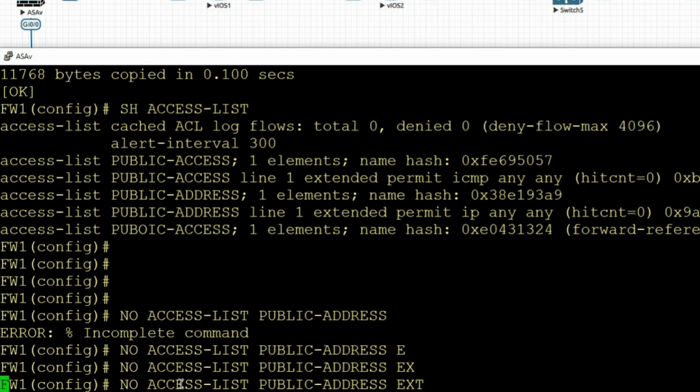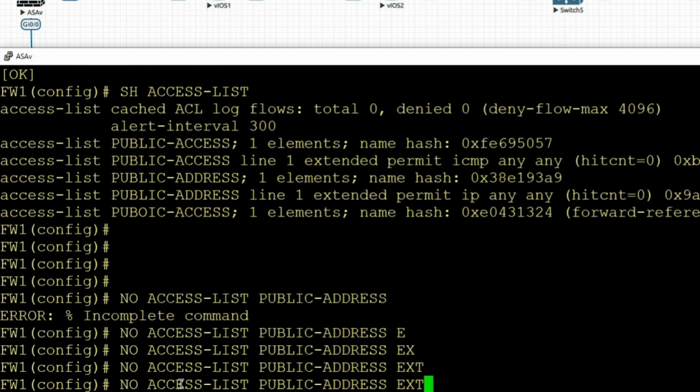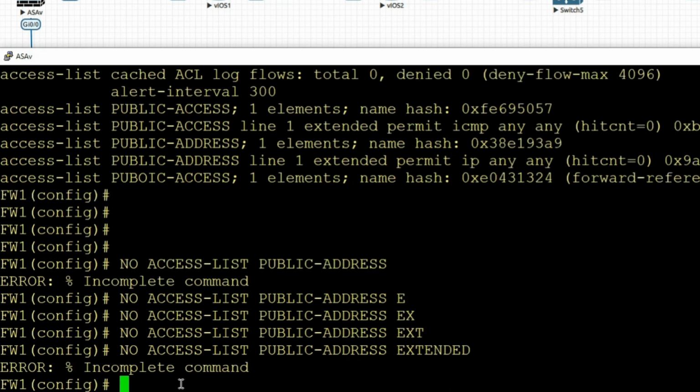Extended. Really? No access list public address extended. Still incomplete. I have to write the whole thing. Okay, I won't be lazy.